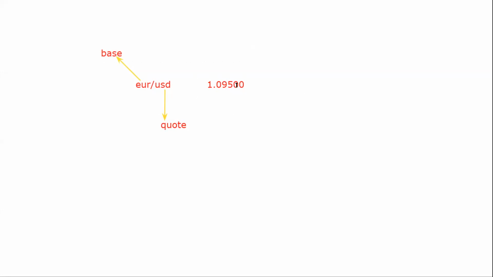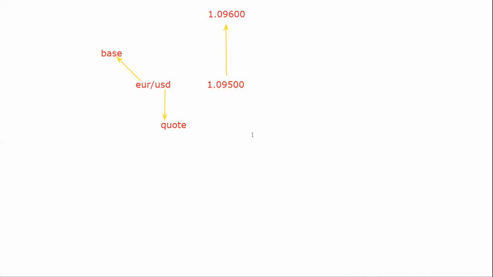So if the current market price is at 1.09500 and we are projecting a rise in the exchange rate to about 1.09600,